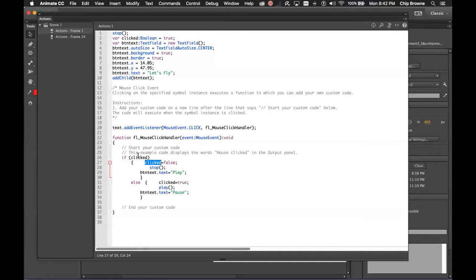Because if the very first click says let's fly, so if we click it, it's going to jump in here. If it's set to true, it's going to fall into here. It's going to turn off clicked, but it's going to stop it. And then it's going to change the text to play. But we've already clicked it when it was let's fly. So,